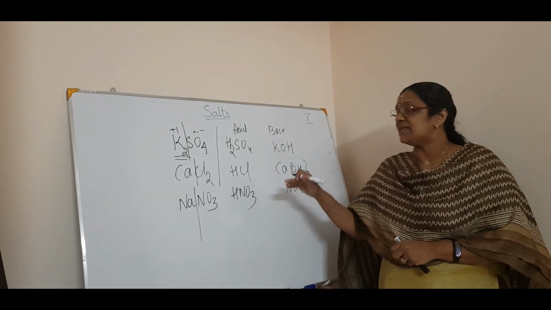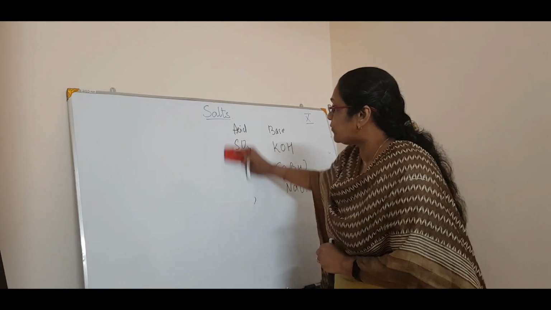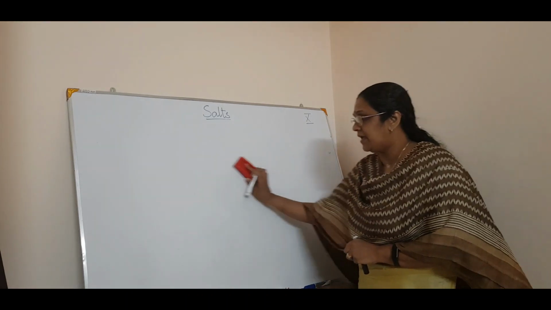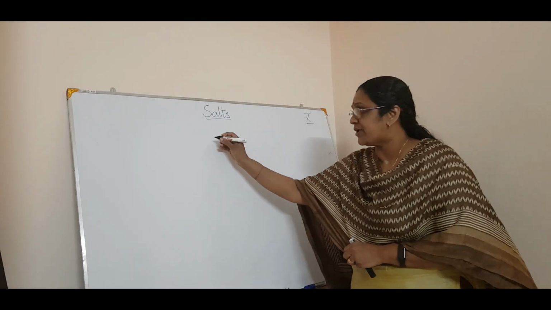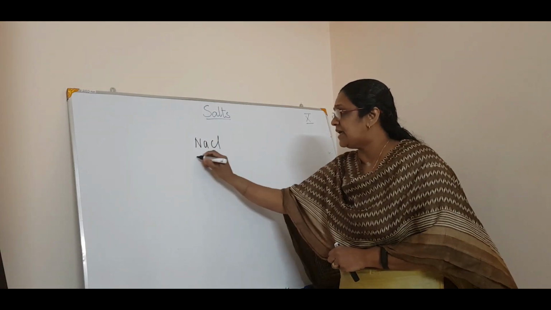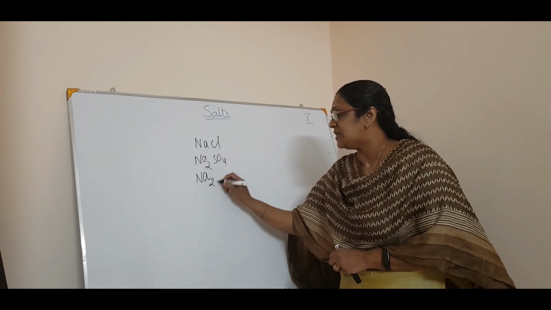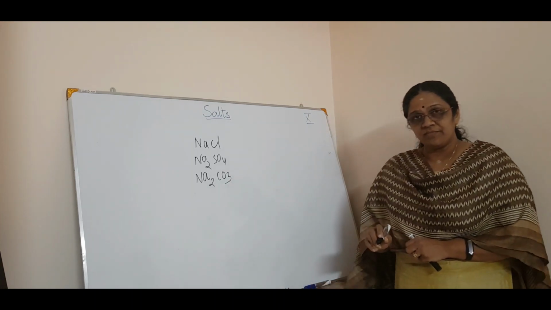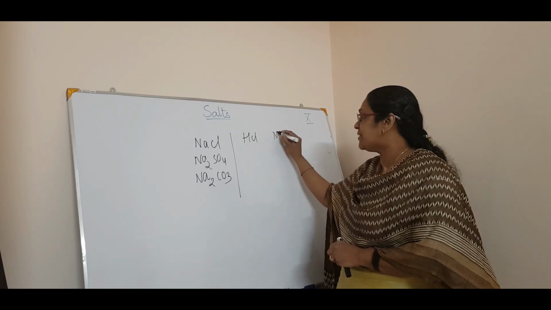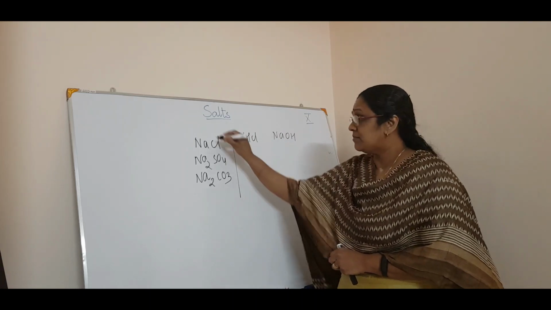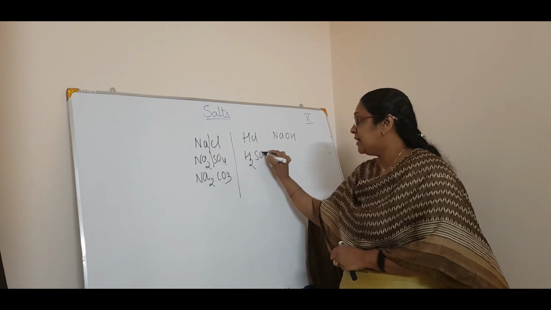Right. Now we will see more about salts. For example, have you heard of family of salts? What do you mean by family of salt? Say, if there are same positive ions or negative ions, for example, NaCl, Na2SO4, Na2CO3, etc. We can say all these salts, what is the acid? HCl. What is the base? NaOH. Correct? Right. Now here, what is the acid? H2SO4 and